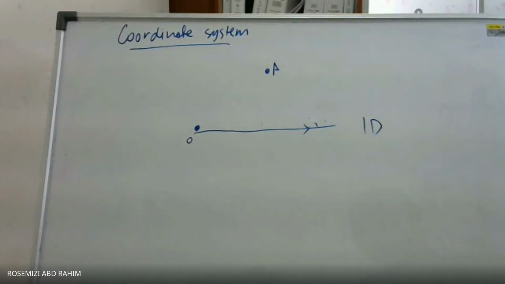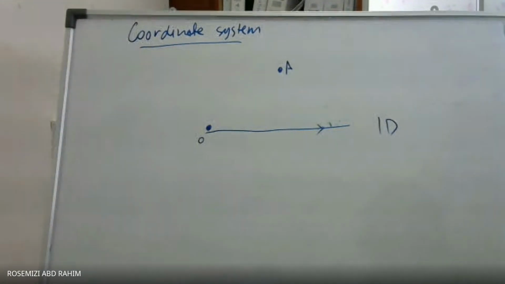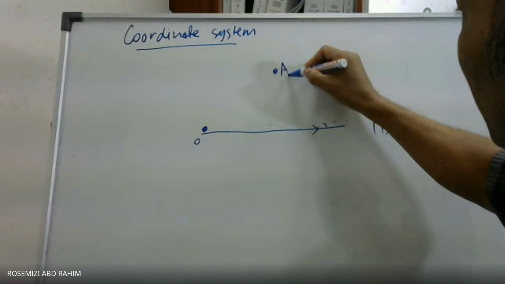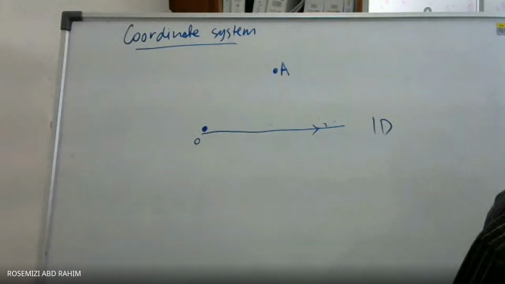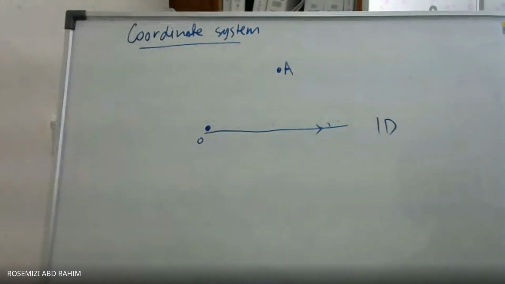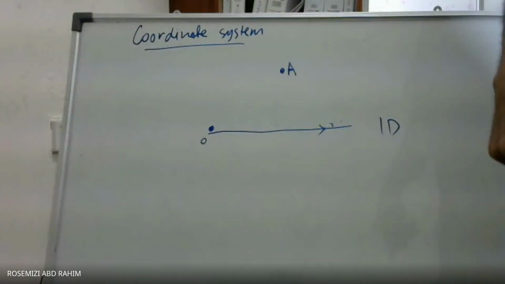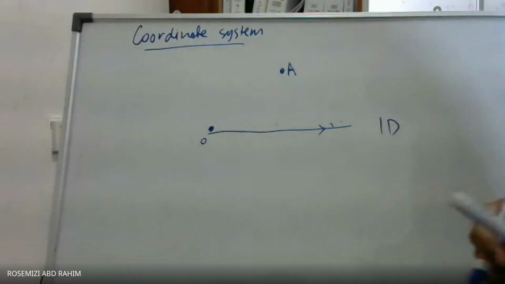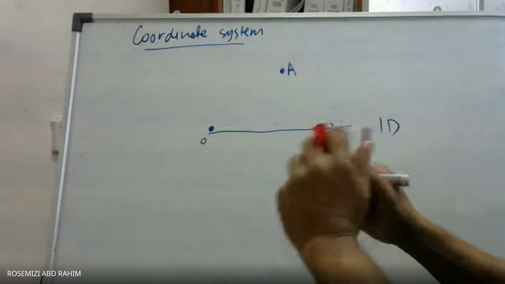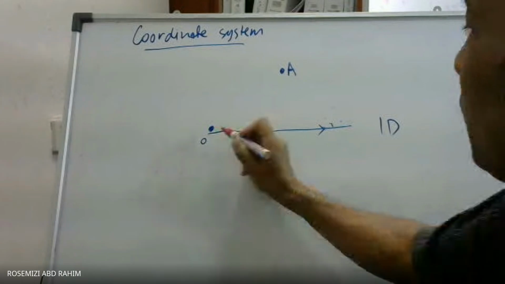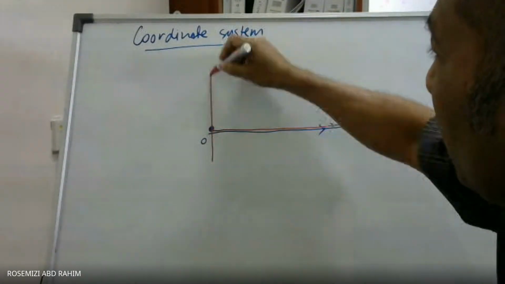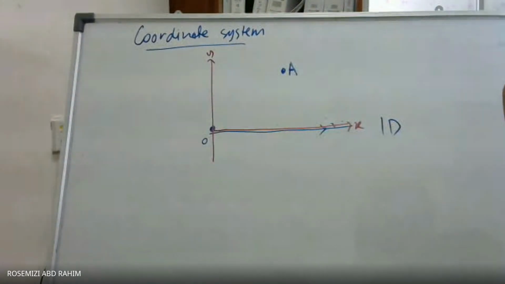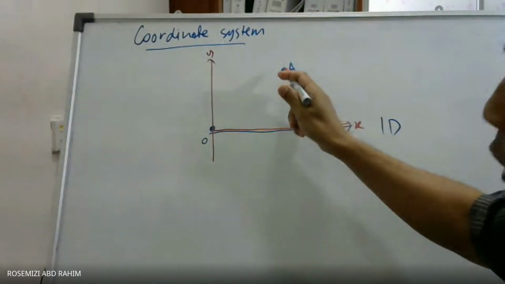So how to determine the location for A? We use 2D. 2D system. For example, this one is x-axis, and this one is y-axis. Okay. Location for A is